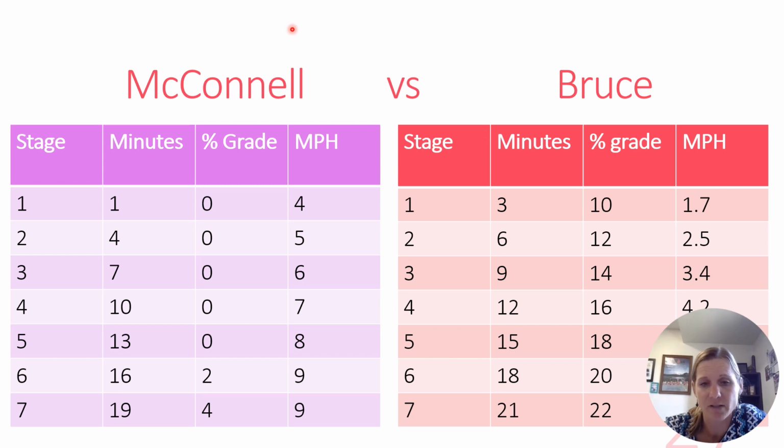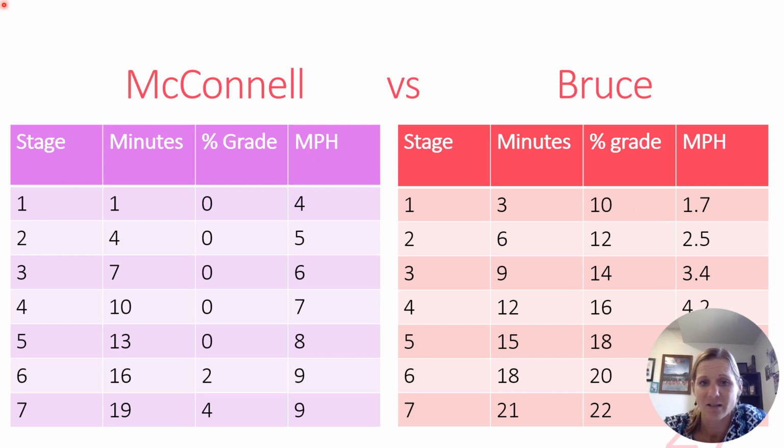Okay, let's take a look at the differences here. Notice that with McConnell, again, this is what we're doing in our lab, they're starting at 4 miles per hour, then you're immediately at 5 miles per hour, which most of you think is an awkward pace because you're not quite running. It's like a really slow jog or a very brisk walk. It's a weird pace. Then you get to 6 miles per hour and you're running. Okay, 7, 8, 9 miles per hour you're running. And then if we were to make it past this 4% grade, then you go up to 6% grade, etc. Okay, so that's what McConnell looks like.